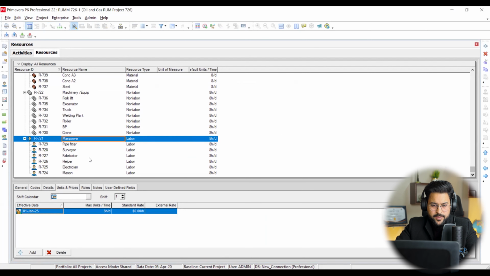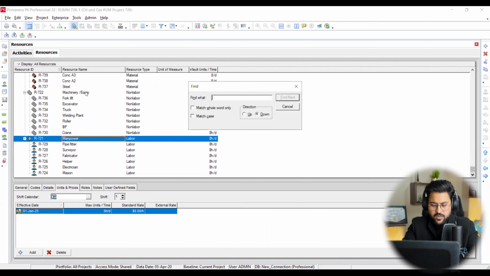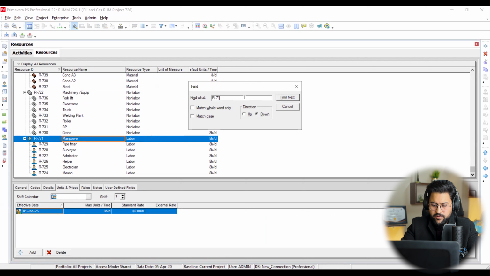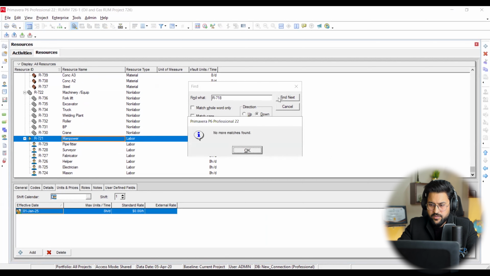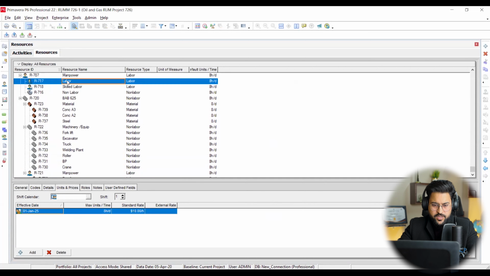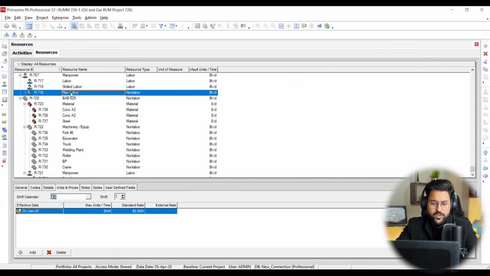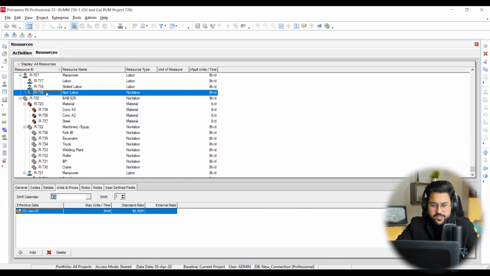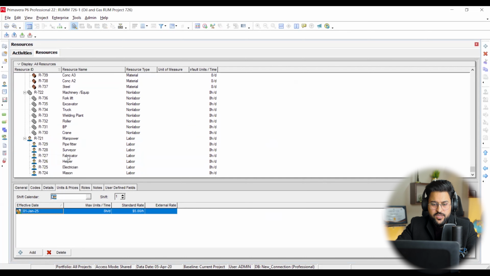You can see R717, R718. Okay, just wait. Yes, these are the three major resources which I'm going to deploy on this project, right? R717, R718, R716. So you have to create, you can see that if I want to create any resource,